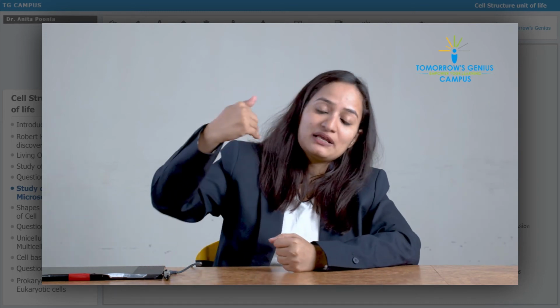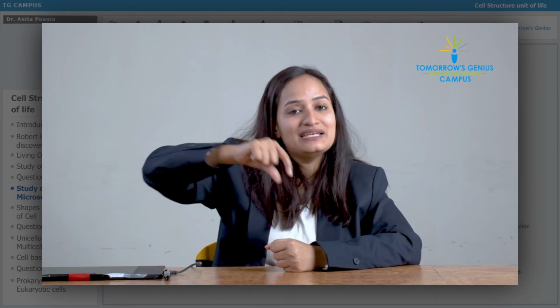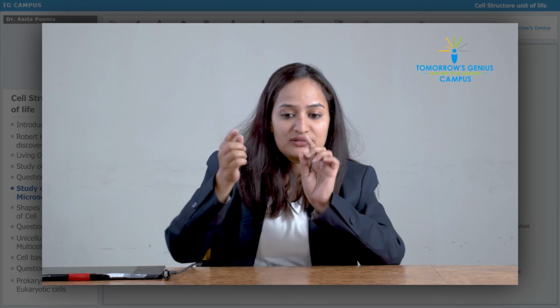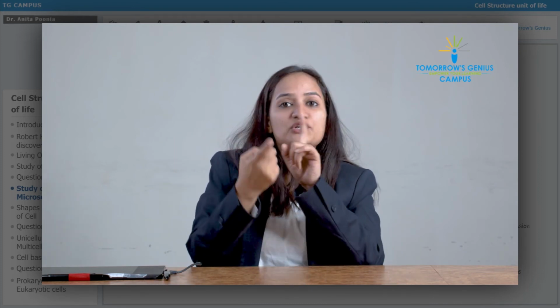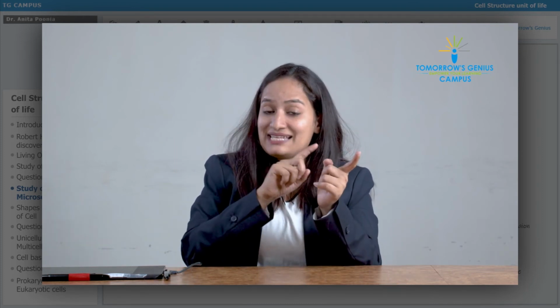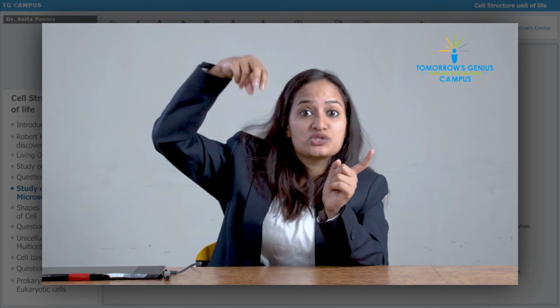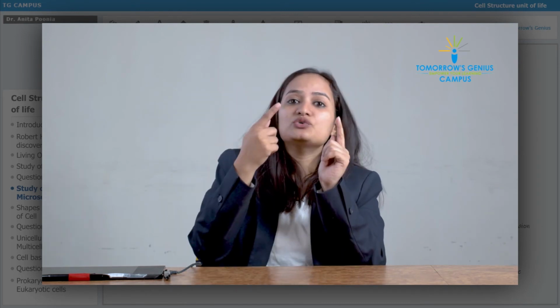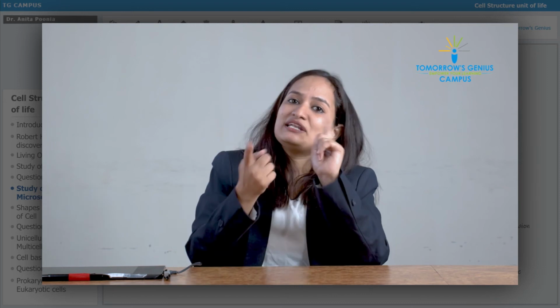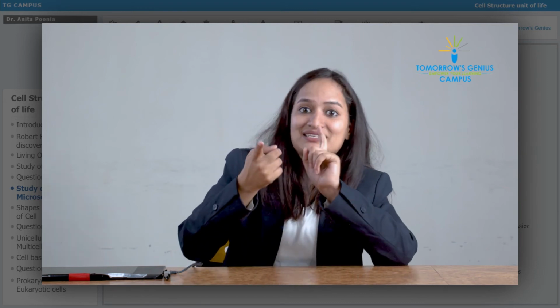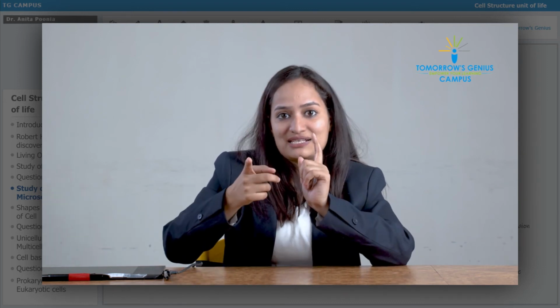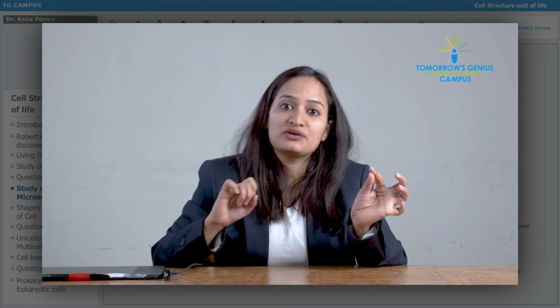Sometimes some objects need to be suspended in oil. So depending upon the requirements, there are many different nose pieces that can be revolved. There are 3 to 4 lenses that can be revolved. You can use the oil emulsion type, and different lenses with different power. Some are 10x, 5x, so even that you will get.